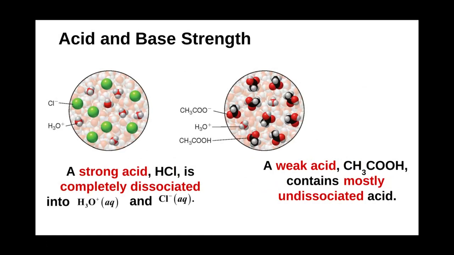Now we can physically look at what this looks like, right? So in this case, we have the strong acid, hydrochloric acid, reacts with water, and we have the weak acid, acetic acid, reacting with water as well. Now you could just visually see the strong acid, HCl, there is no hydrochloric acid floating around. All we have is chloride ions. And you'll notice that we have hydronium ions hanging around as well. Thus, the acid is completely dissociated into the water.